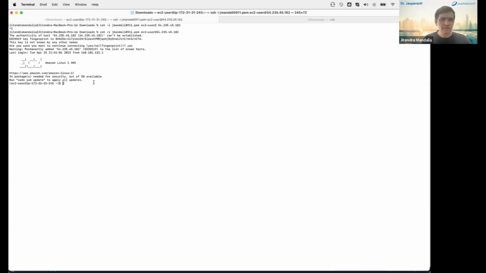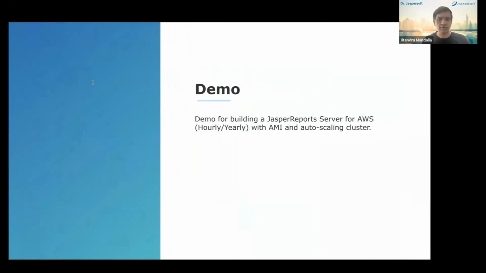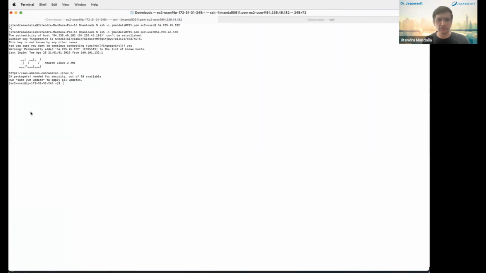So now we are actually into that system. And here what we will do is we will talk about customization and then how we actually copy files. But just to show you, here we have the installed location